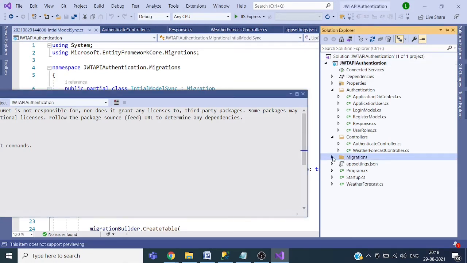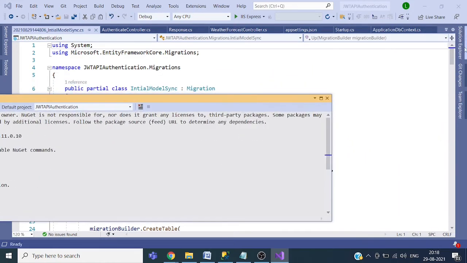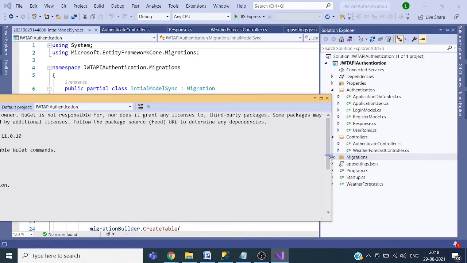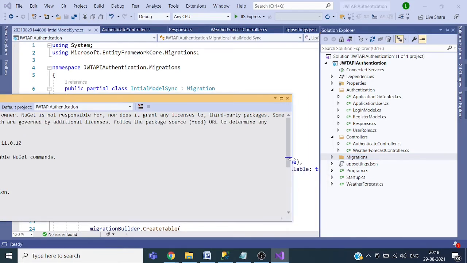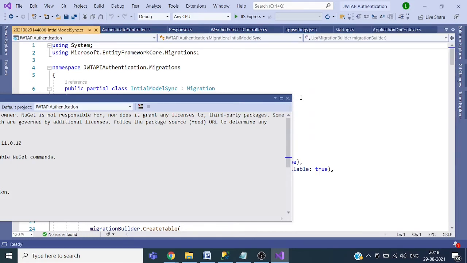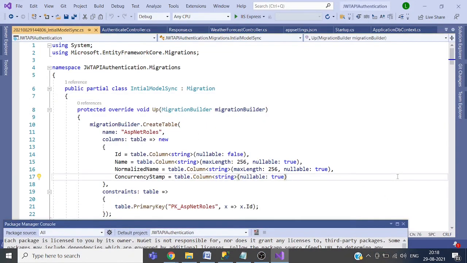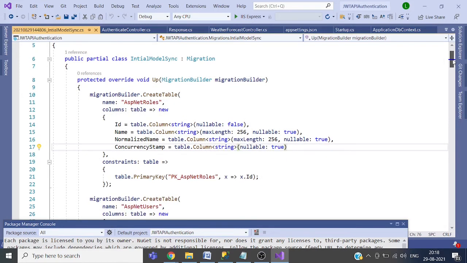So this migration folder is created. Yes, migration is complete. So go to this folder. Okay, so we have statements for adding the tables in the database related to the Identity Framework.